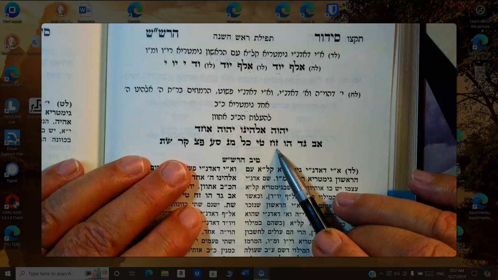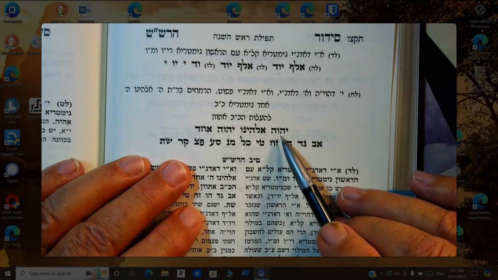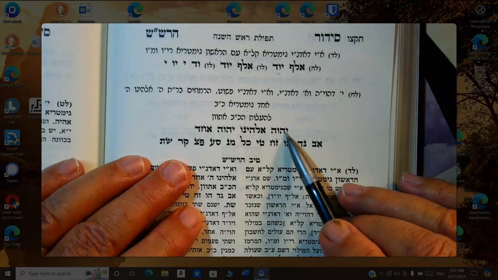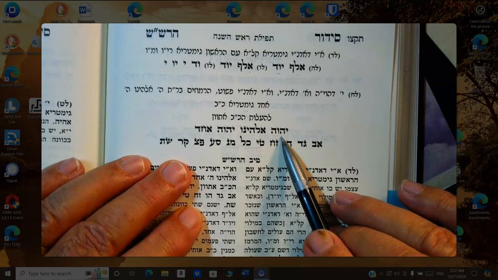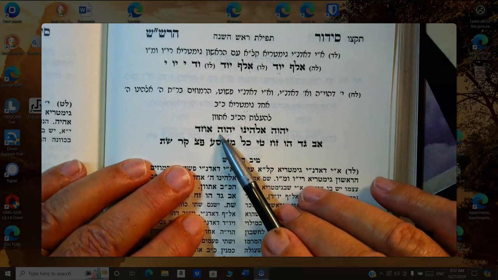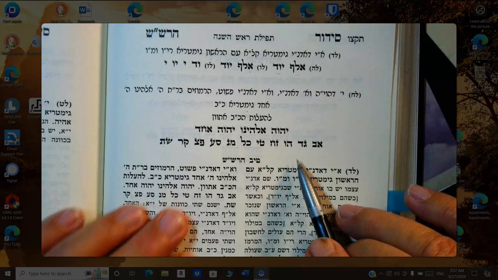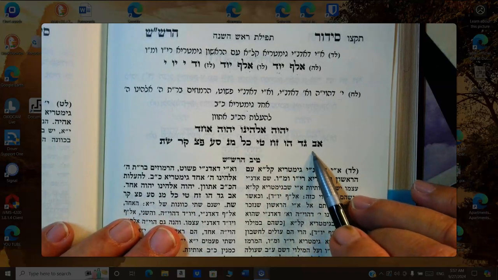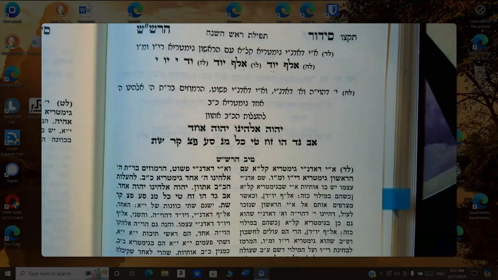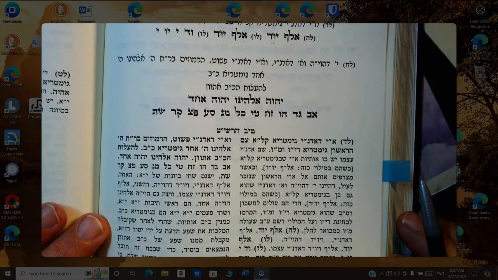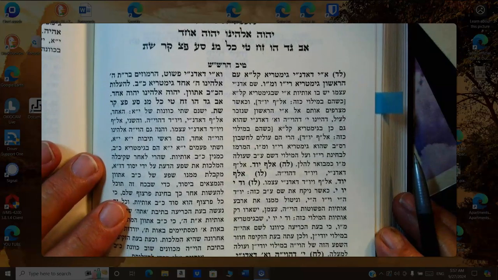Is that originally the 22 letters were poured into the Nukva. So he says, here you have these words. They begin with Yud, Aleph, Yud, Aleph. Well, he has Havaya Elokeinu, Havaya Echad. And then he shows the 22 letters, which is interesting. He puts it in the group of 11. So he groups and he pairs them. Now, why he did that, I don't know. So I don't know the answer to that at this time.